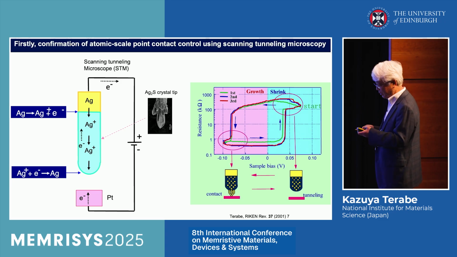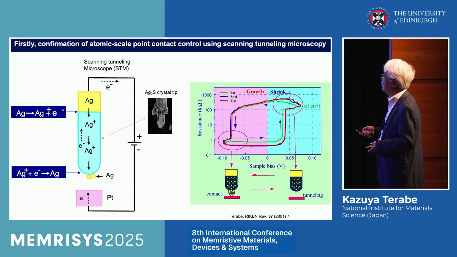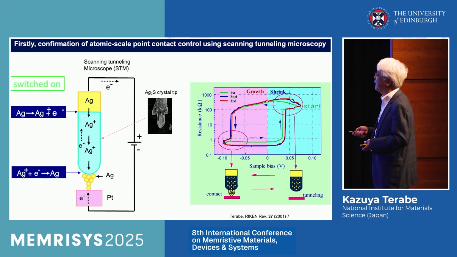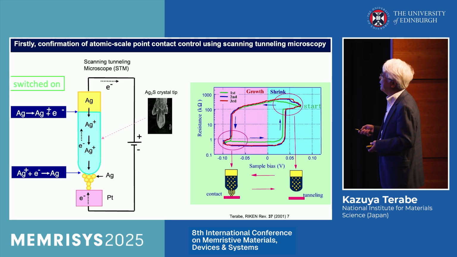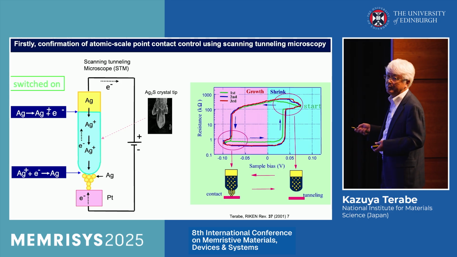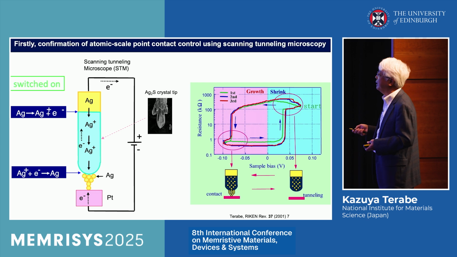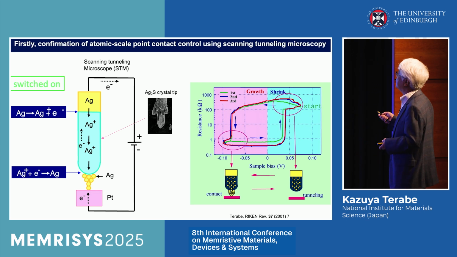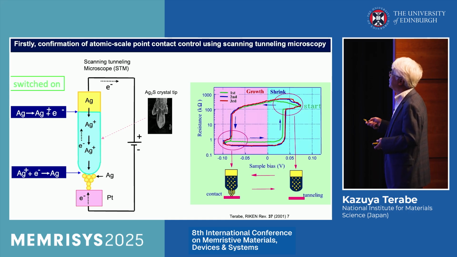So under applied voltage, silver is precipitated at the atomic scale. This distance is about 1 nanometer. Using the tunnel current, an electrochemical reaction occurs, and the silver atom is precipitated. So this shows the resistance change. By applying the negative voltage, silver atoms are precipitated,